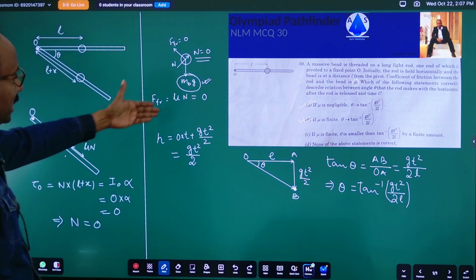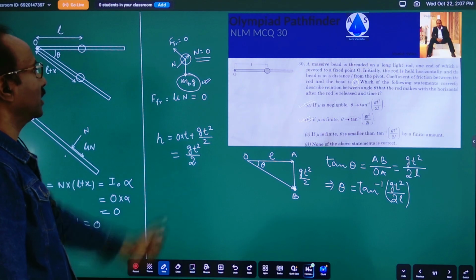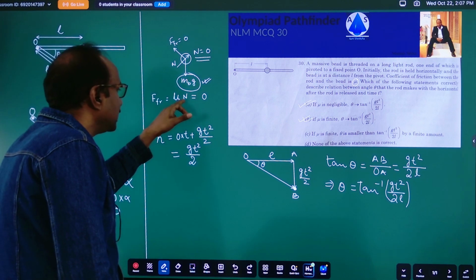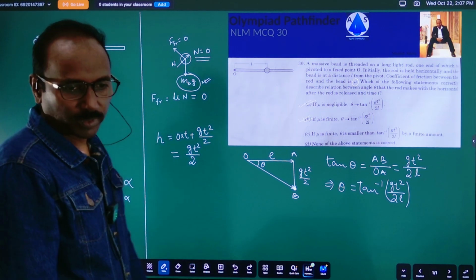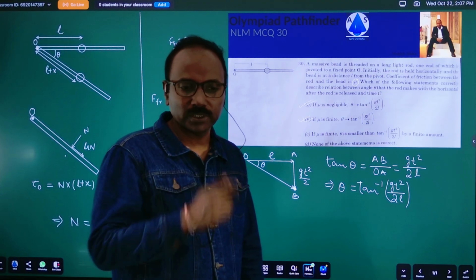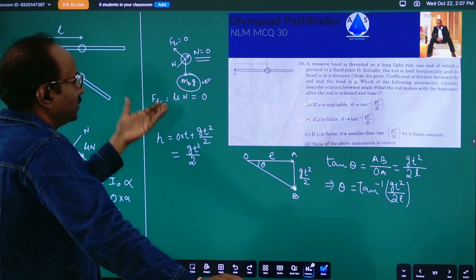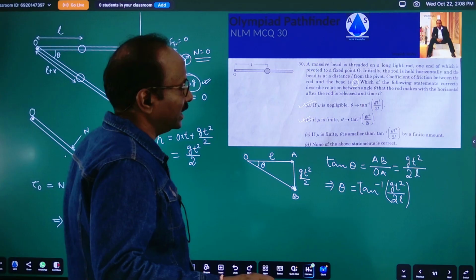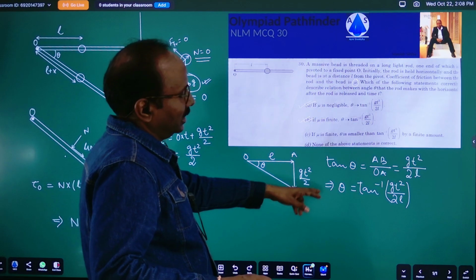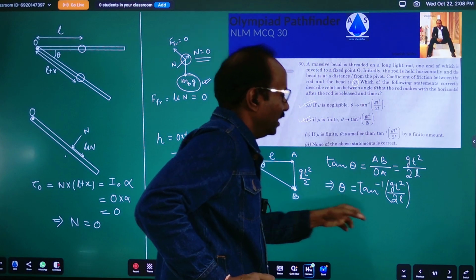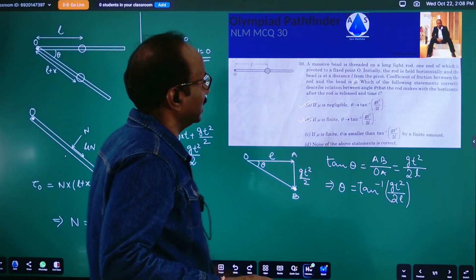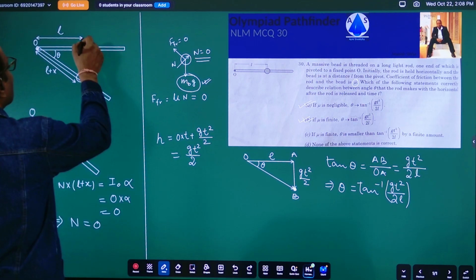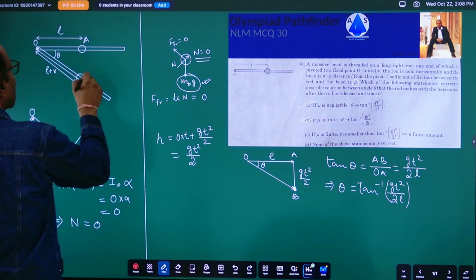अब किसी भी म्यू के लिए, बिकॉज ये म्यू से इंडिपेंडेंट हो गया ओवरऑल इक्वेशन, फ्रिक्शन फोर्स लग ही नहीं रहा बिकॉज आपका n जीरो है, नॉर्मल रिएक्शन का जो फोर्स है वो जीरो है, इसकी वजह से फ्रिक्शन फोर्स ऑलवेज जीरो है। तो म्यू चाहे कुछ भी हो, नेग्लिजिबल हो, फाइनाइट हो, कुछ भी हो, थीटा का वैल्यू यही होगा, तो उसके लिए आपका ऑप्शन ए एंड बी करेक्ट होगा। इसको ए पोजीशन लिख देते हैं, इसको बी